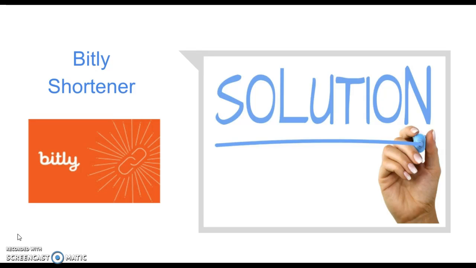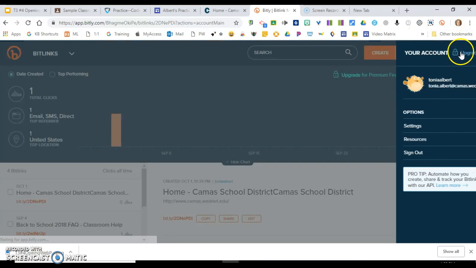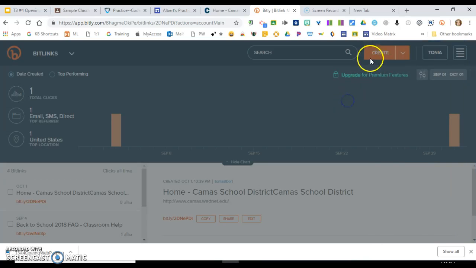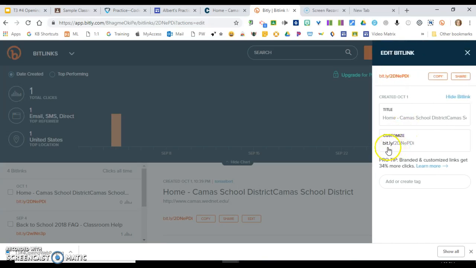Another way to push out a website would be to use a URL shortener. Now you may have seen short bit links before, like on the back of all of our laptops and Chromebooks, you can do bit.ly/CamasChrome to find our Chromebook website. It's free to create. Mine is created with my school username and password. So I come over here and click Create, and I paste the long URL in, which is the Camas one. Now it's going to give me a bit.ly with some random things here,